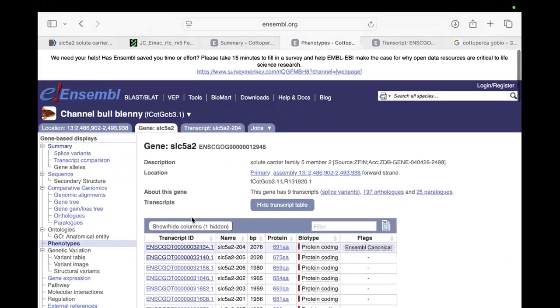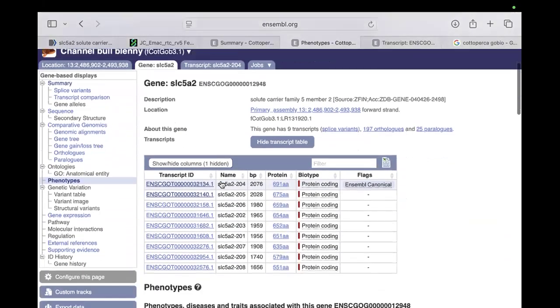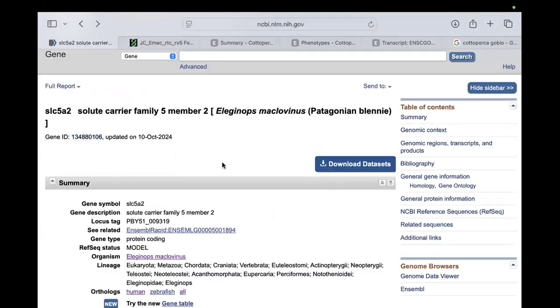So you can also get some extra information for the genes. And from this, you can see that there are 197 orthologs and 25 paralogs. That means these 25 paralogs arose after the speciation event happened. They are just species specific in those species. And from NCBI,